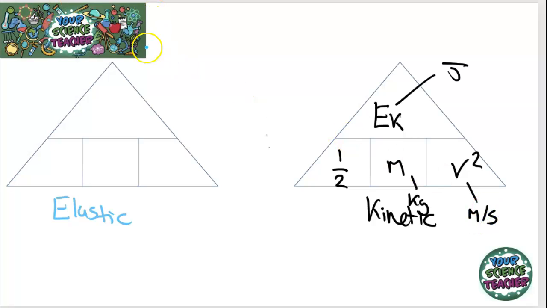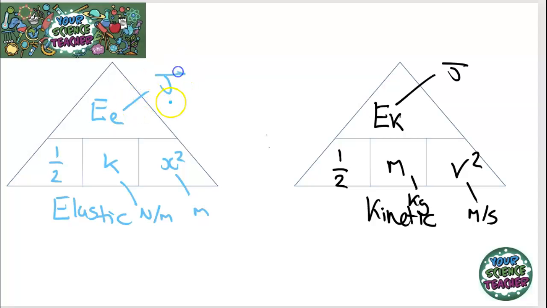And there's a reason why I put these two equations together. It's because they're very similar. Elastic potential energy is half times spring constant times extension squared. And the spring constant is measured in newtons per meter, and x is measured in meters. And elastic energy is also measured in joules. Now, these rearrangements can be a little bit tricky, so I'll just do the ones for kinetic energy because elastic energy is exactly the same rearrangements because you can see that the parameters are exactly the same.